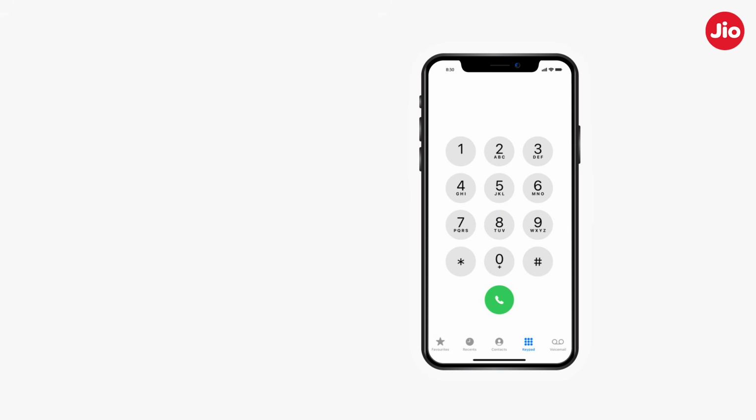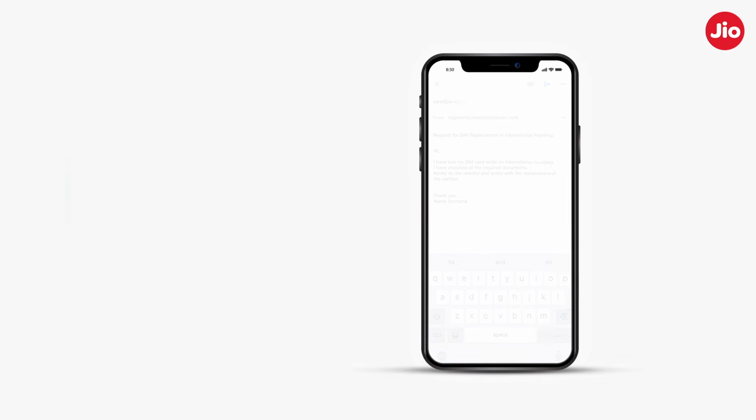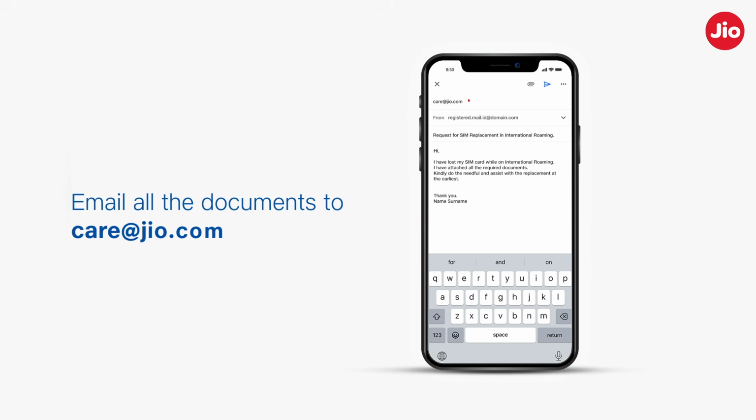To find the EID and IMEI, type *#06# on your eSIM device and take a screenshot of the same. Finally, send an email to care@jio.com and attach all the documents. You have successfully initiated the request for a SIM change in international roaming.